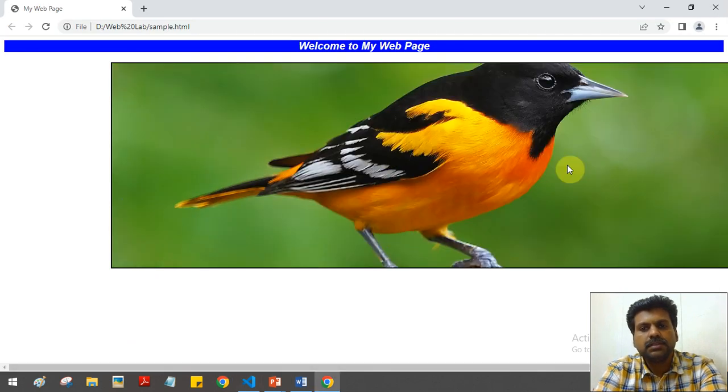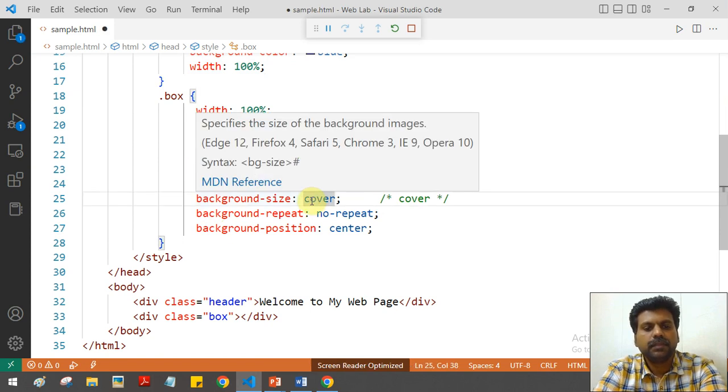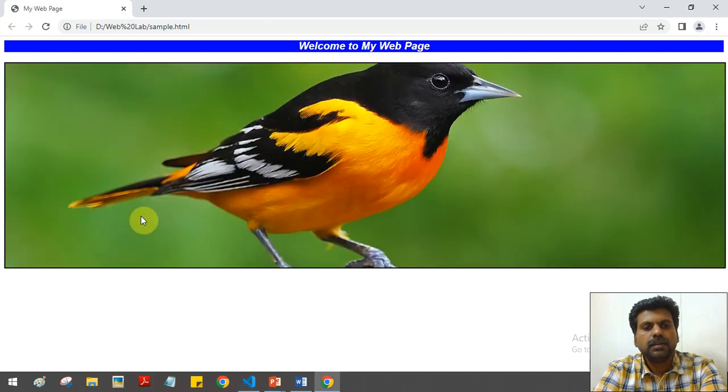So now look at this, you'll be getting 100 percentage width. But here some gap is coming, right? Why is it coming? Because of this margin. Because of this margin, we are getting a gap, right? So when I remove that